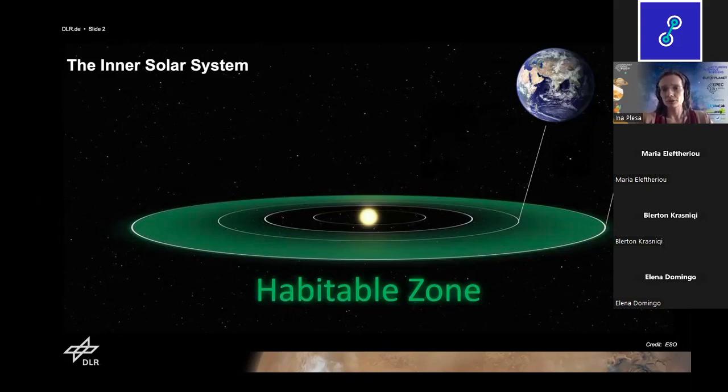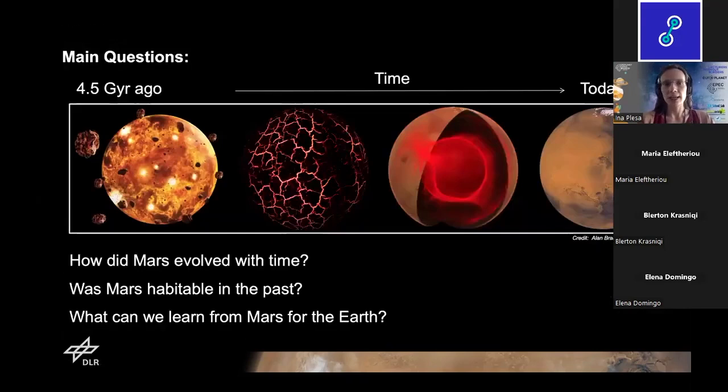So it's important to understand Mars because, as I said, it's located at the edge of the habitable zone. And some of the main questions that we have for Mars are how Mars evolved with time, what was the evolution of the planet, was Mars ever habitable in the past, and what can we learn from Mars for the Earth? And you see here a sketch showing the earliest stages of planetary evolution, where